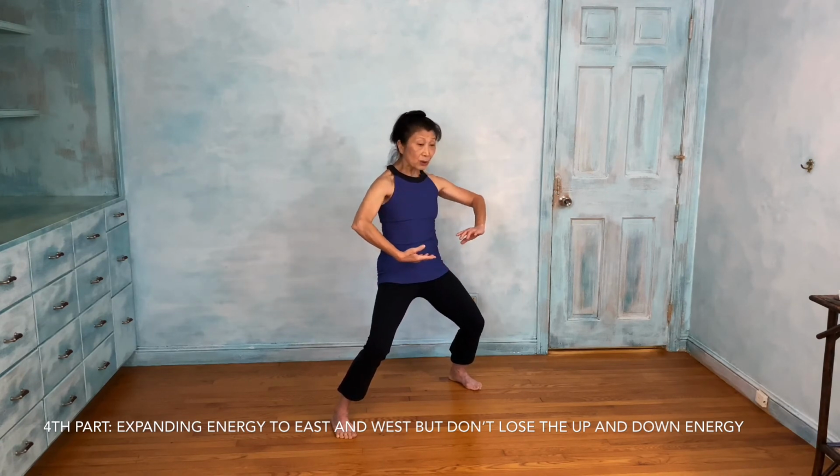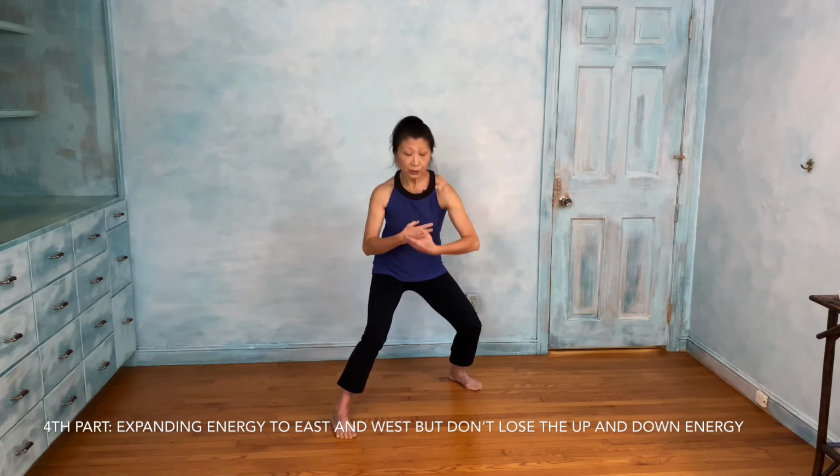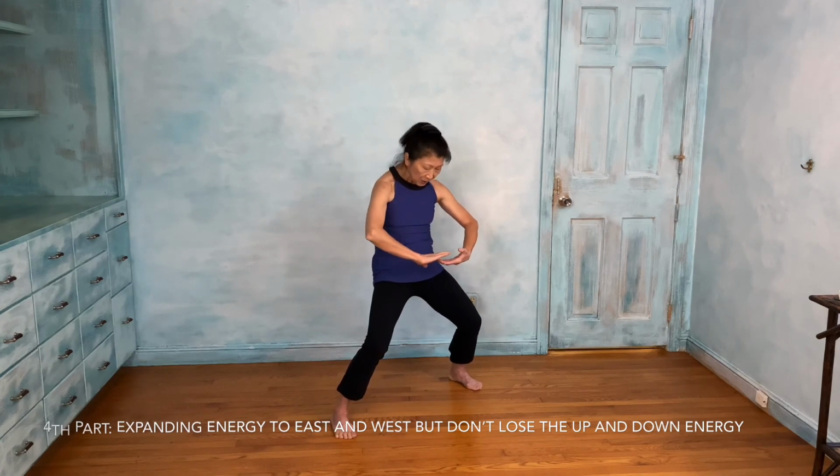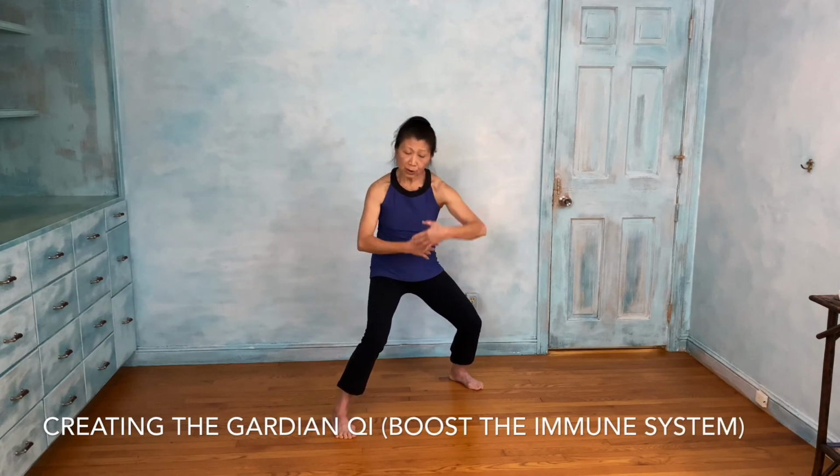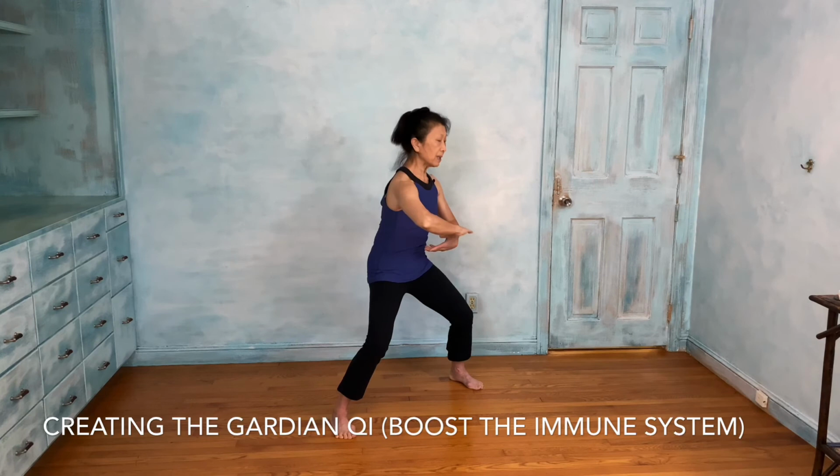So this is your guardian chi. This you're expanding. Your immune system is so strong. So you create a what? Guardian, the huge guardian energy. Right on again. Inhale, exhale. Protect yourself. Inhale,